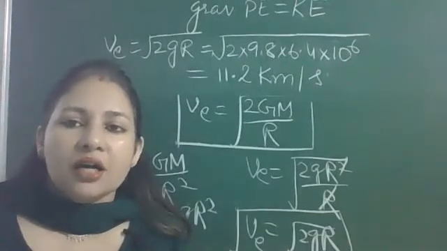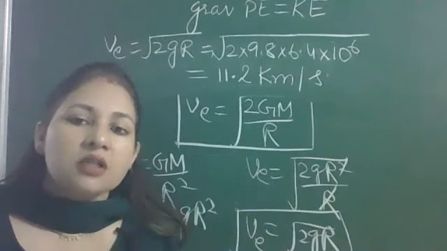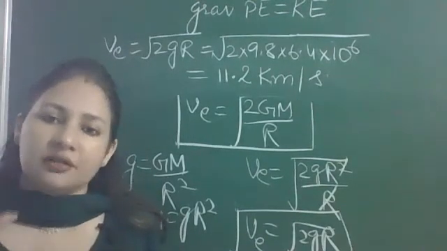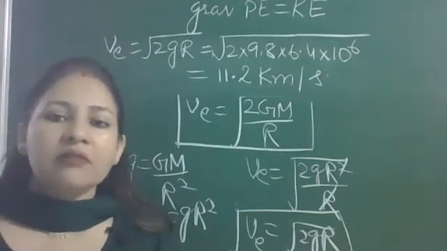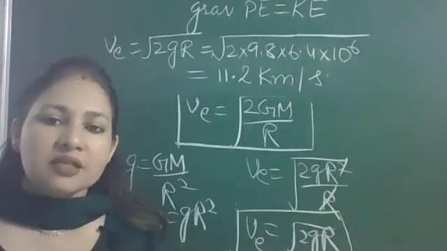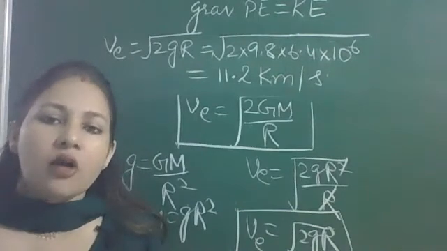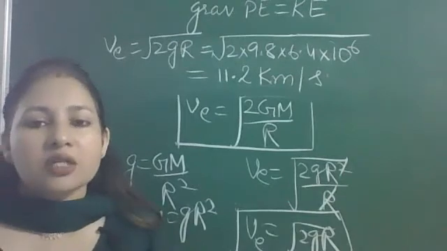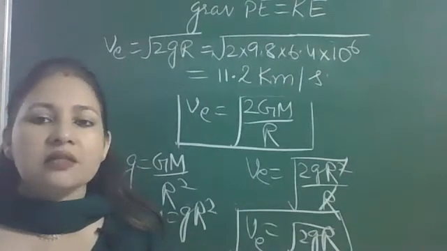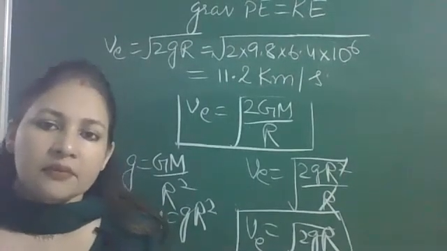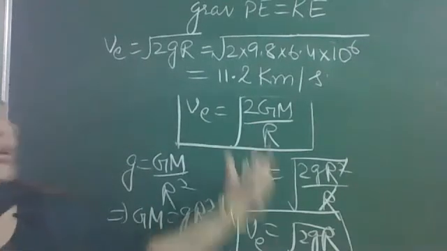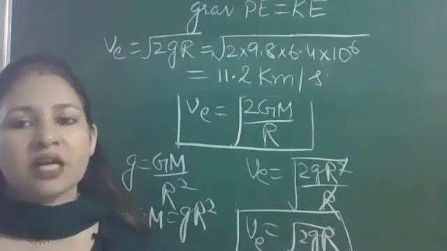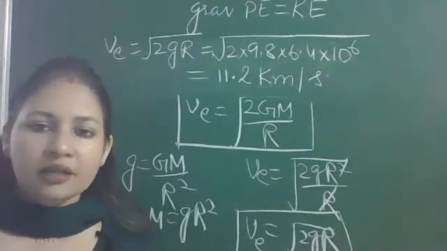All will reach space at the same time, because I told you escape velocity is independent of the mass of the object that is projected. Cat, dog and elephant will have different masses, but since escape velocity is independent of the mass of the object, they will all reach space at the same time, simultaneously. So this point must be clear to you: escape velocity is independent of the mass of the object that has been thrown. Got the point?